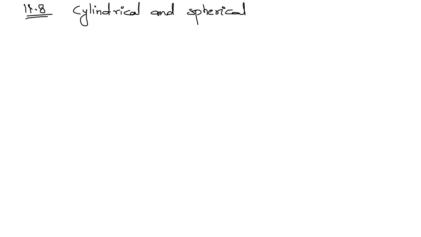Okay. So this is about the planes, and you can find the distance between them. Now 11.8 is about cylindrical and spherical coordinates. Maybe you already studied the cylindrical, spherical and rectangular coordinate systems, and what the difference between them is. So we will discuss them again today. It's about cylindrical and spherical coordinates.